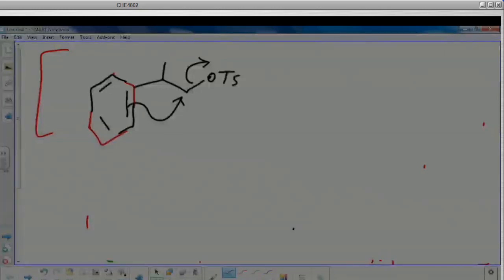Please, I say to you, if you go back to your assignments, I've answered several questions there. I showed you which proton, whether it's alpha or beta, is going to be taken up, which is going to be abstracted. The one between two electron withdrawing groups, by inductive or resonance effect, is more acidic, and those groups will stabilize the conjugate base.